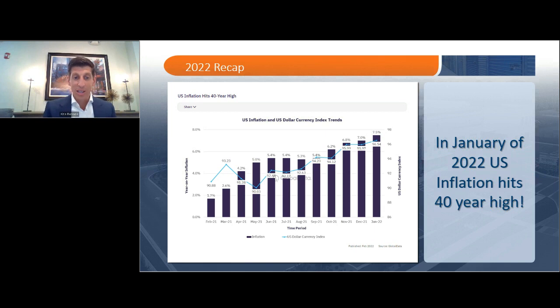The chart that you're looking at here is showing the growth of that inflationary rate from February of '21 through January of 2022. There were a lot of headlines on CNN and all the 24-hour news cycles around 40-year inflationary highs. And we're feeling that everywhere, right? At the gas pumps, in the grocery stores, across the economic spectrum. I think everybody's...